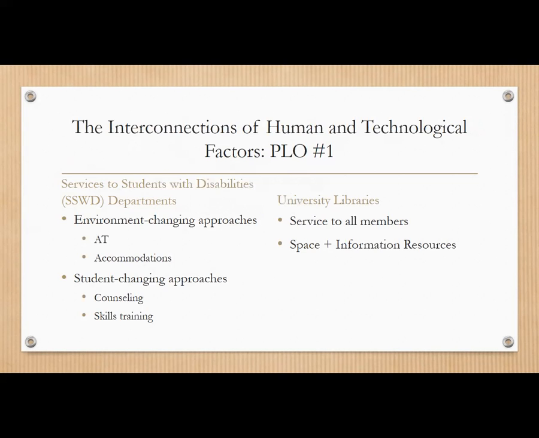In examining the interconnections of human and technological factors within the topic of the roles and functions of university library services in AT support for students with learning disabilities in higher education, I examined the goals, objectives, and purpose of three aspects of higher education institutions: the departments providing services to students with disabilities, or SSWD, the university library, and